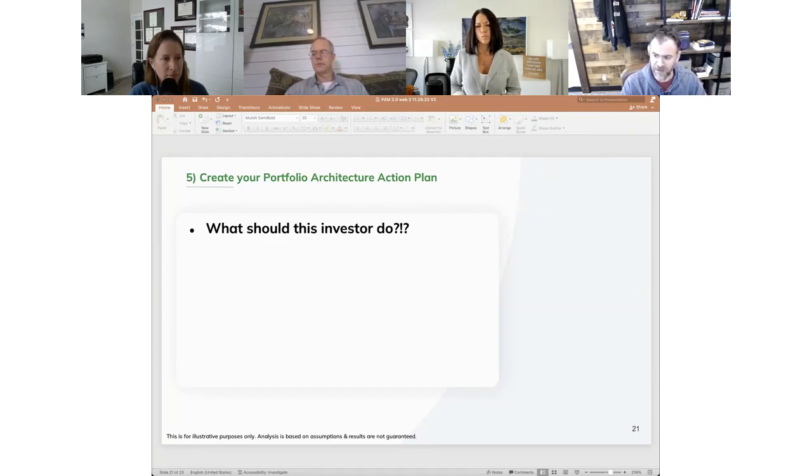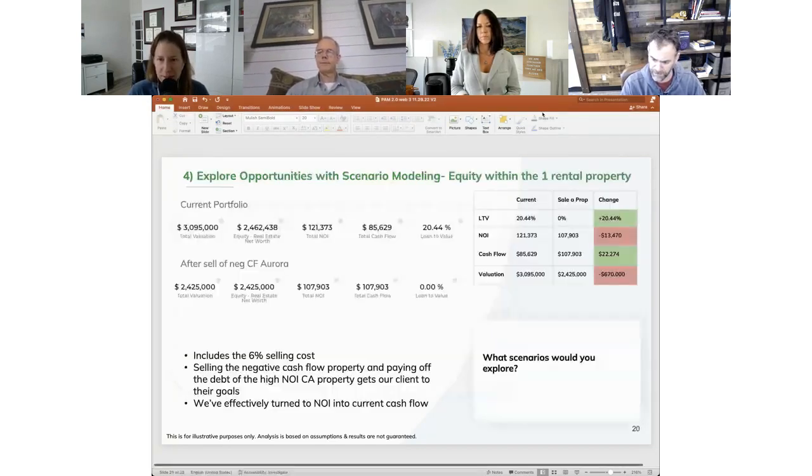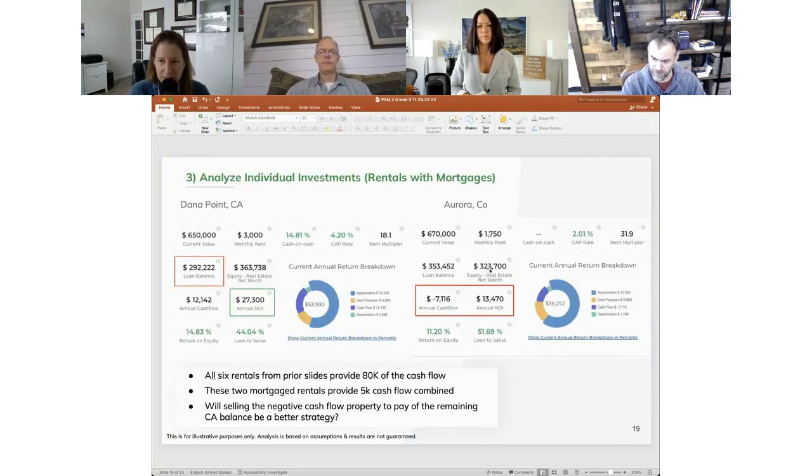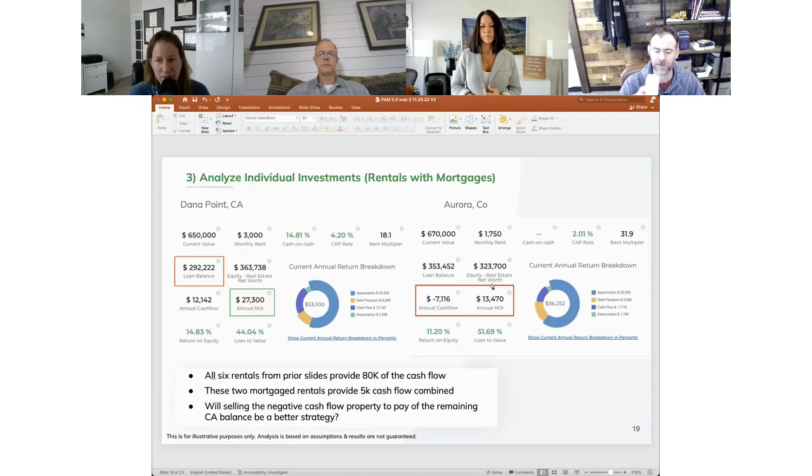Jenny, someone asked, what about capital gains? Doug says, what about capital gains? Yeah, so he would incur selling costs and he would incur capital gains. I don't believe that he would qualify for the Section 121 exclusion for this. I don't know the details of it. So you would want to bake that into your net that you're able to walk away with from this Aurora property. He might not have the full $292,000 at the end of it, but he would have to throw in a few dollars to pay that down to zero probably in that case,